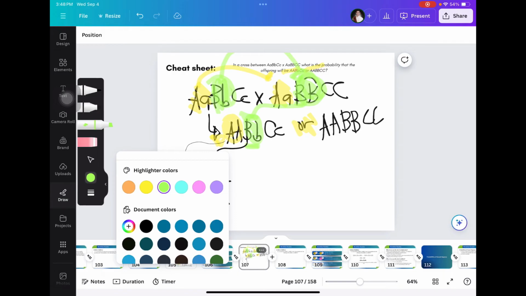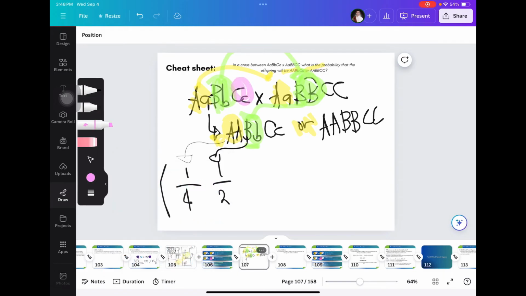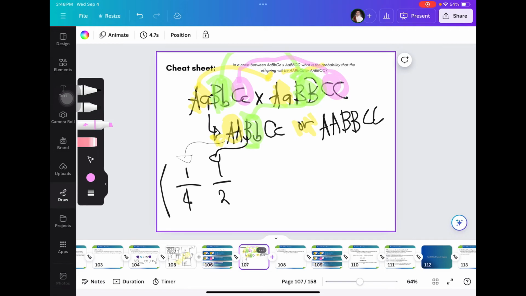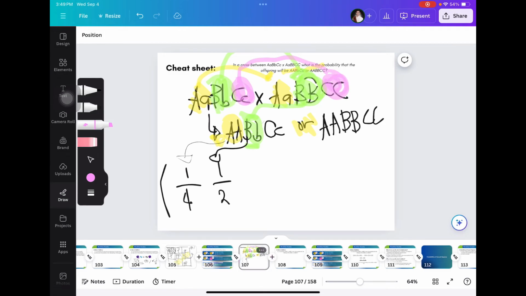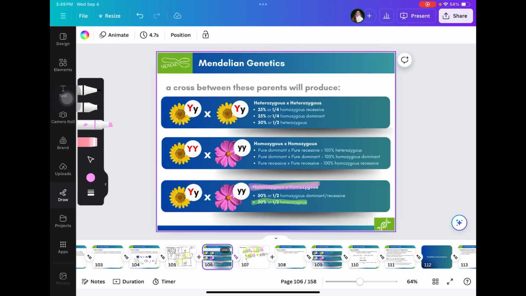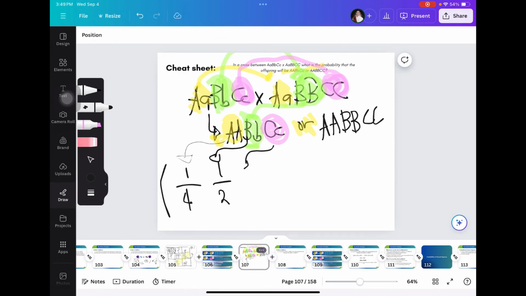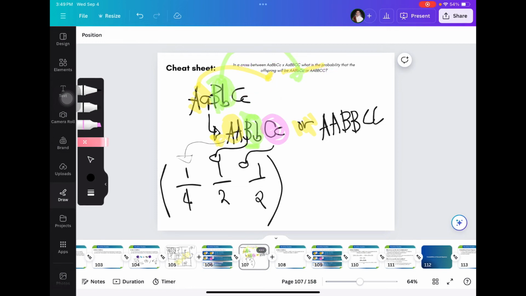Last trait I have here, this one, which is heterozygous, multiplied with a homozygous. Technically the same, but let's not skip the process. So hetero times homo, technically this one. And you wanted to know what are the odds between these two parents that will be producing a heterozygous offspring. So technically the same answer. So that's 1/2 as well. Now set that aside. Now we need to calculate the other possibilities as well, but let's set aside our information so far.